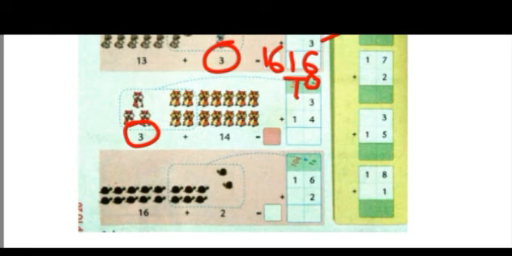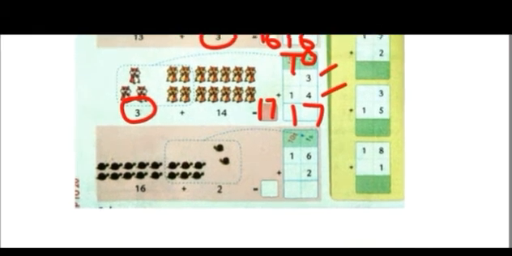So see how we have written 14, 4 in the ones column and 1 in the tens column. So now we need to start with step number 1, that is at the ones. 3 and 4. How much? Yes, you can count on your fingers or you can use a number strip to count. So 3 plus 4 is 7. And now the second step, we need to add the tens. Only 1 is there in the tens column. So that 1 will come as it is. So the answer comes 17. So 3 plus 14 gives 17. Now scholars, I would like all of you to do this remaining sum at home.